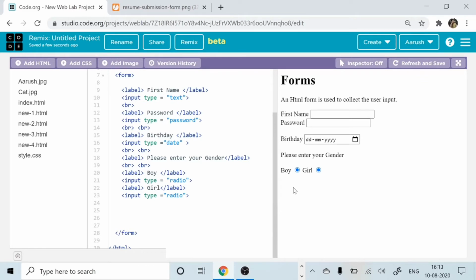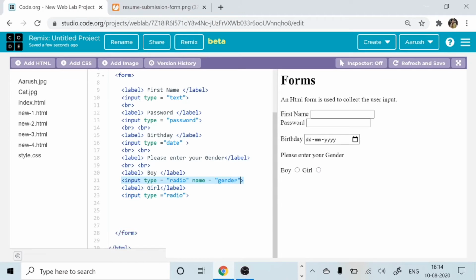In this case, we put them in one group, right? Suppose you give some name to it. For example, radio, then give the name attribute to it. Till here you've written radio, then put some space, and then you put NAME, and then equal to, and then the same thing you can say gender.